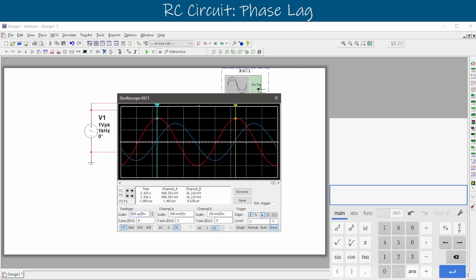So that is our period, and we'll write that down. We'll say that T is equal to 1 millisecond. So T equals 1 millisecond. Make sure your frequencies are what they requested it to be. After that, we want to measure the difference between those 2 signals, and we've got to get the ones that